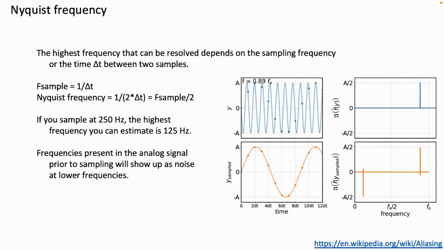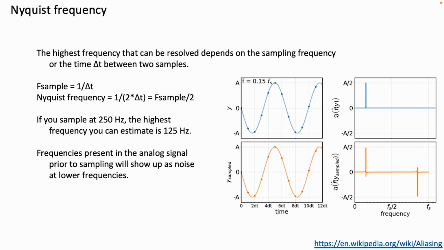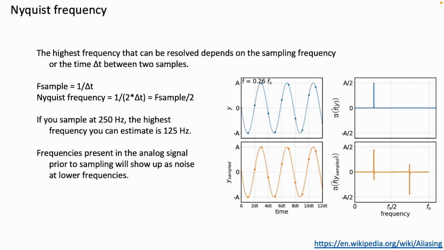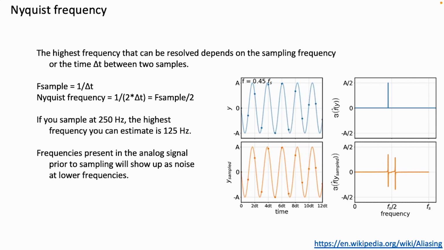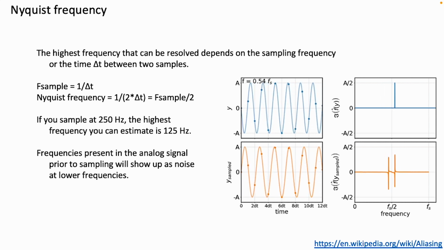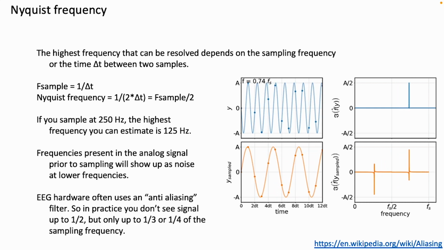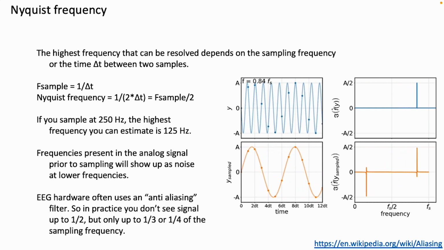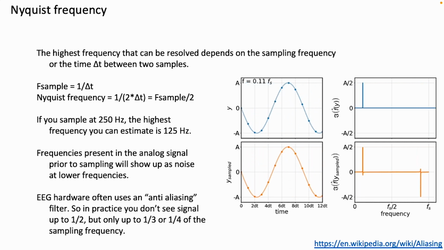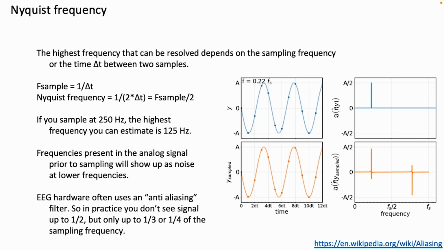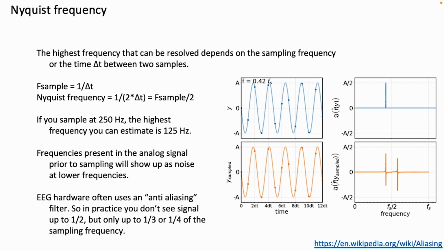Frequencies that are present in the analog signal prior to sampling are still going to be sampled, but they're going to end up as noise at lower frequencies. So that is why it's important that the EEG amplifier is built in such a way that high frequency signals are filtered out prior to the signal being digitized. And EEG hardware often uses an anti-aliasing filter. So in practice, if you look at the power spectrum of an EEG signal, you're not going to see the signal up to half the sampling rate, but often you're going to see it only to like 1/3 or 1/4